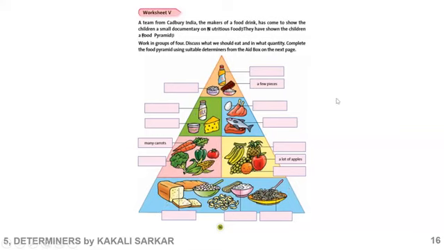Okay, so this food pyramid is a guide for what to eat and how much for each day, how much we should take. See, for example, the food item shown in the upper part is needed by our body in less quantity. Then gradually the demand will increase as we come down. So we will fill up these boxes with appropriate determiners. Okay, so let us start now.